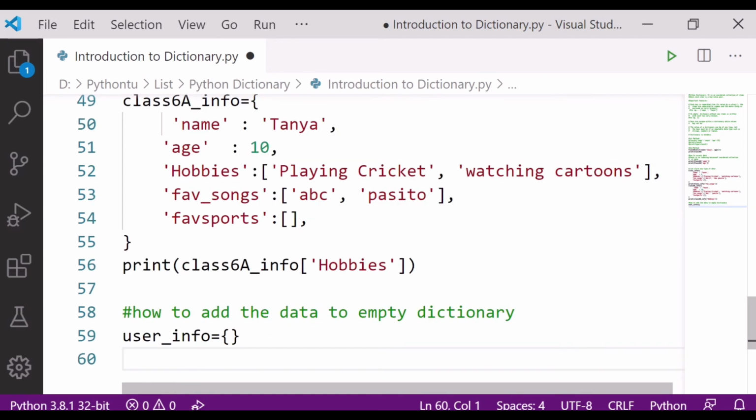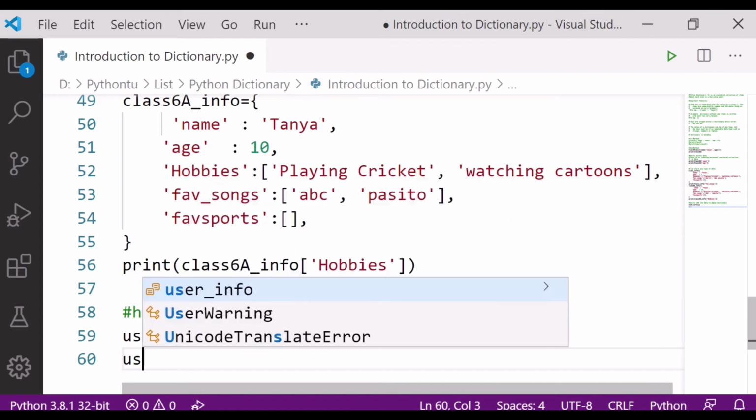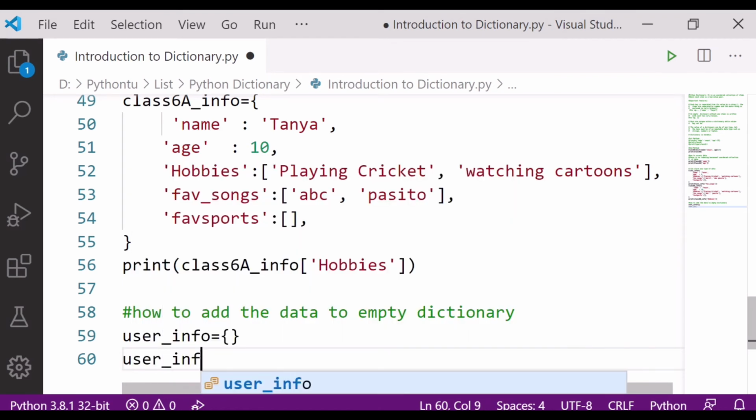Next I write user info, and after that name, and I want to add the value.